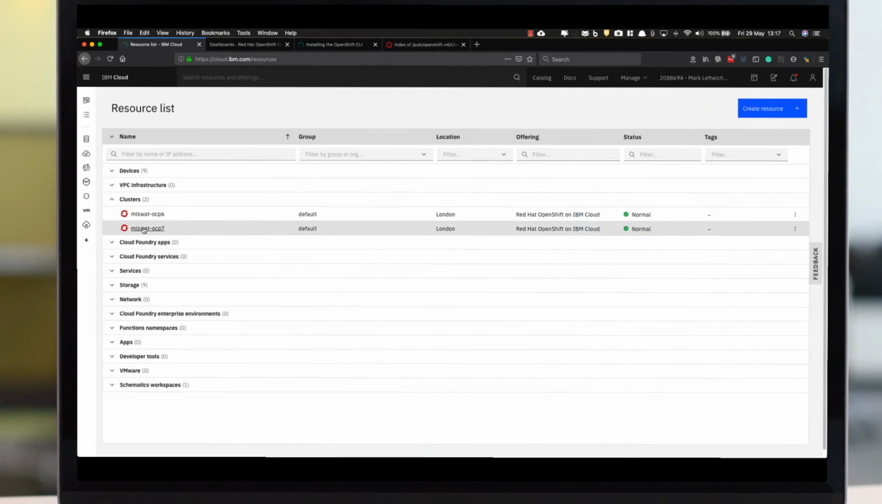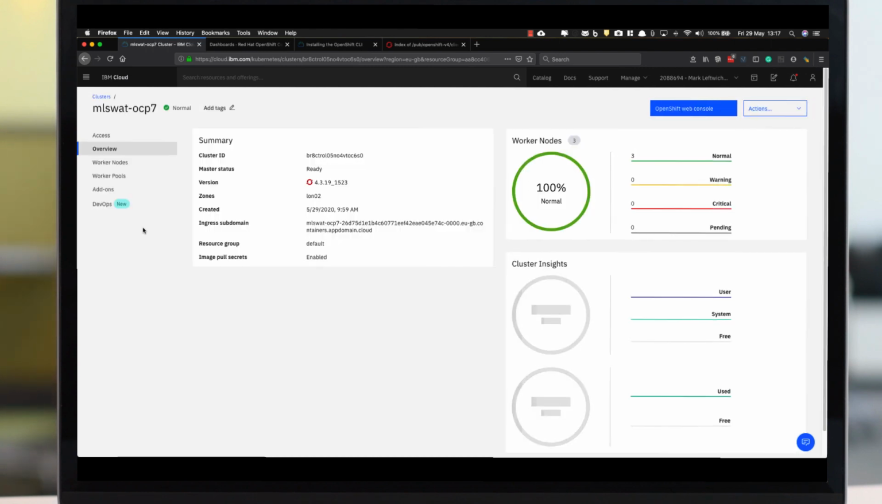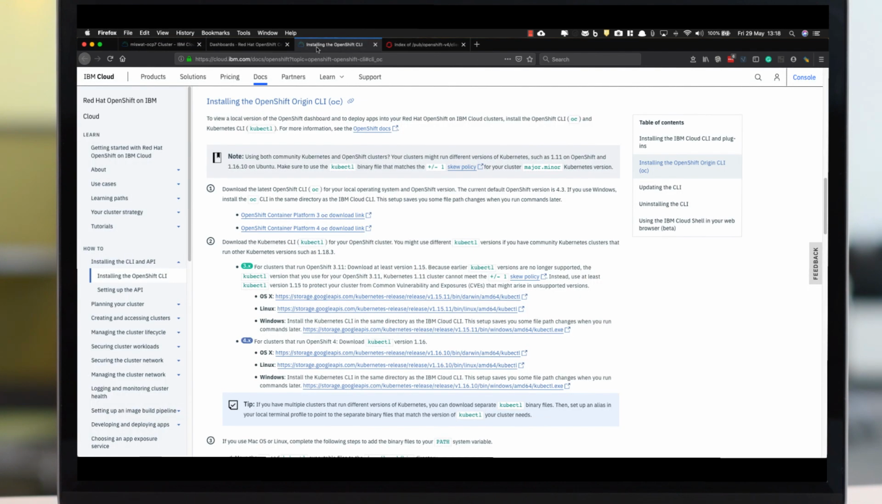pick the Openshift cluster that you wish to connect to, in this case OCP7. Once that's loaded, you can see on the left hand side here we've got a tab called Access. Here you can provide some instructions that you can run through the commands, and it will also take you to the latest docs. So if you do see the docs, it will open up the latest page for downloading the Openshift CLI. Now in this case I have Openshift 4, so I need to go to the Openshift 4 download link here. This will open up a public repository where you can download the CLI for the specific version you